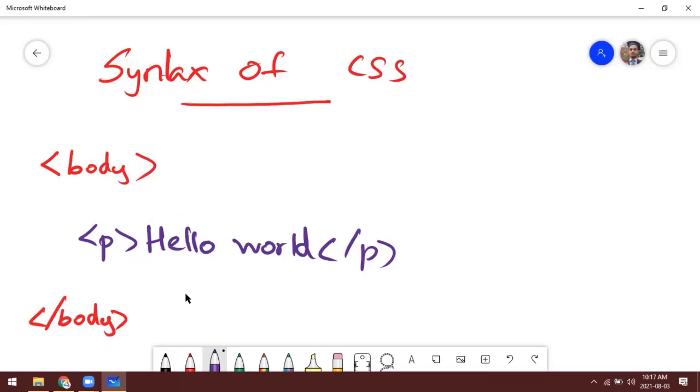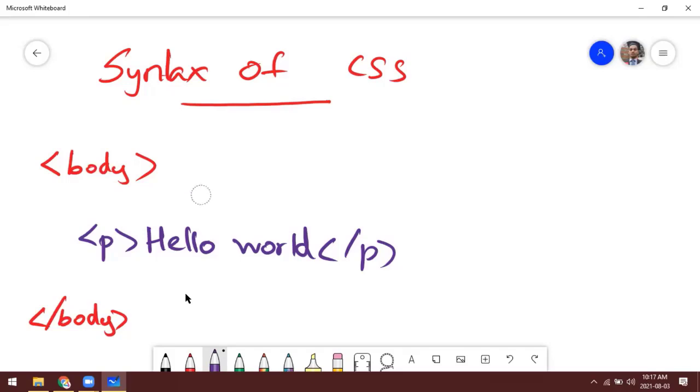So in that case, since we are applying it to the tag itself, this is applicable. If you use style and add the CSS property, it will only apply to that particular HTML element.